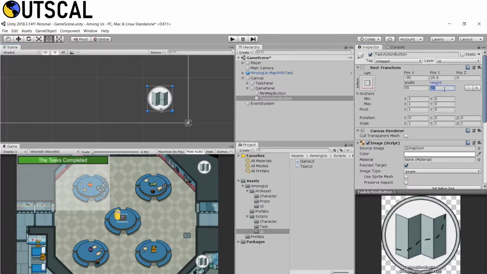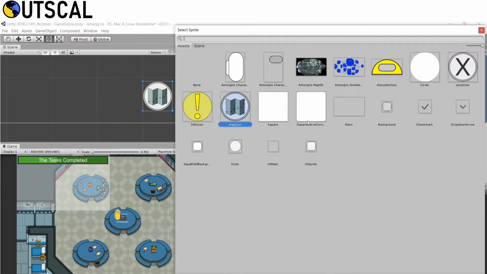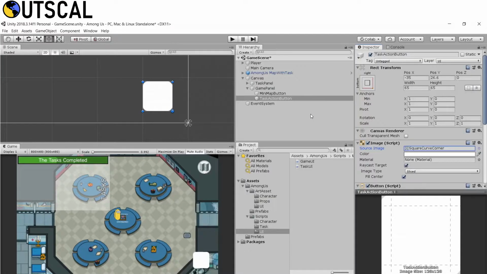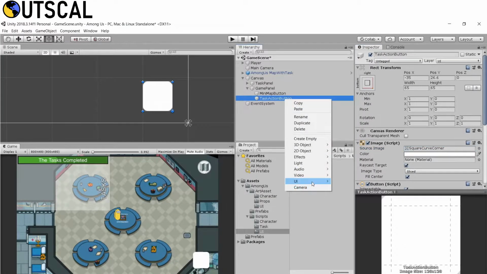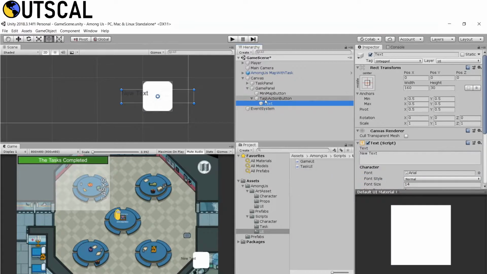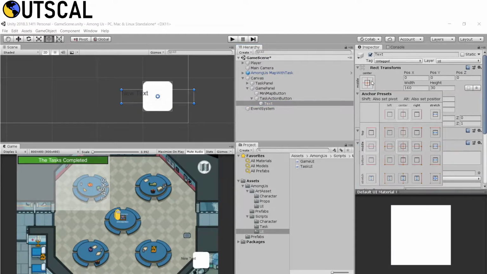Let's set the height to be maybe 60 by 60 or maybe more, 65. And here our source image will be the square with the curves, and inside that we will have a text. So add a text to it, select this, holding shift and alt key, select this so that it anchors throughout the area of this button.